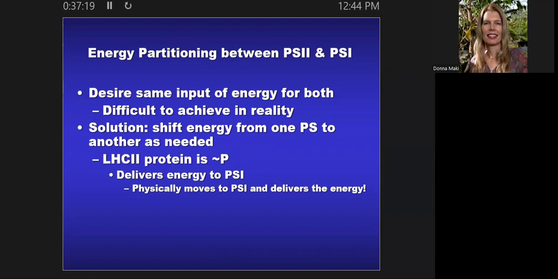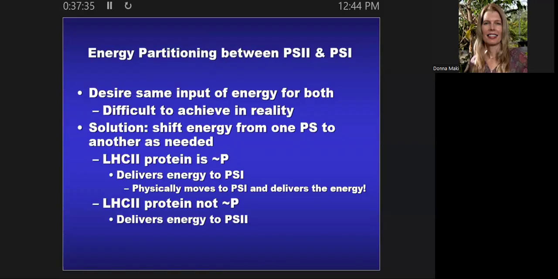So the way that this decision gets made, should we phosphorylate LHC2 or not? The way the plant is assessing this is that it's dependent on, just to clarify, if there's no phosphorylation, it just stays around photosystem 2. But it's dependent on PQH2 levels. So the plant is assessing how much PQH2 do I have? Do I have a lot? Not very much? And when it's doing that, that is the signal to the plant whether or not to phosphorylate